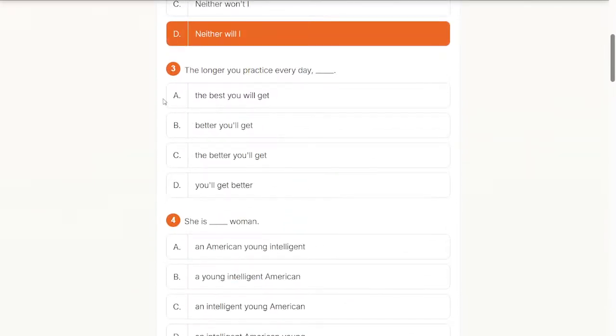The third: the longer you practice every day, the longer, the better, I guess. The longer, the better. It's like a construction, the adjective plus the adjective.